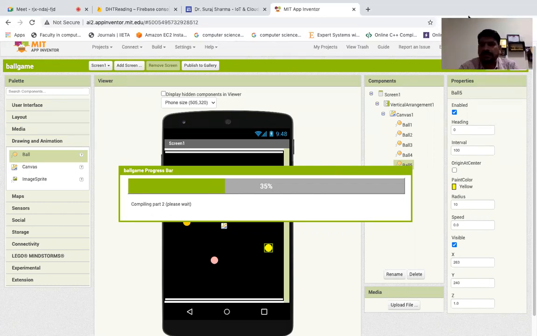So it is a site which is taking a lot of time. Let's wait so that we will get a QR code, and this QR code you will scan.